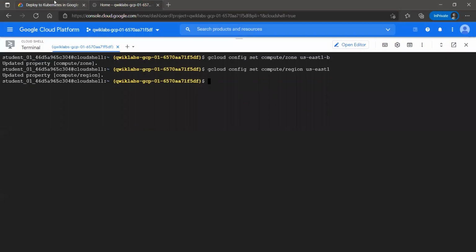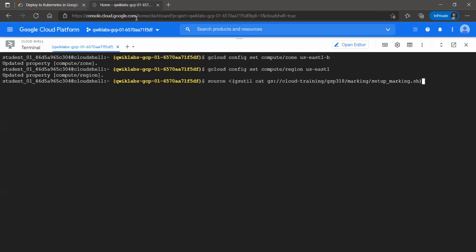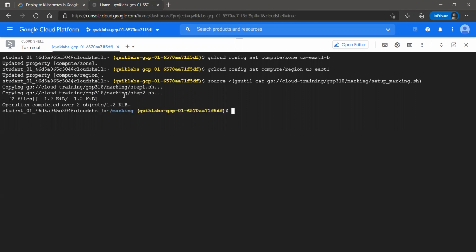So let's head up to console and run this command. So we are in the marking folder. Let's list the contents of this folder. So we have 2 scripting files. We'll run this for task 1 after completing the task first, and we'll run this file after completing task number 2.